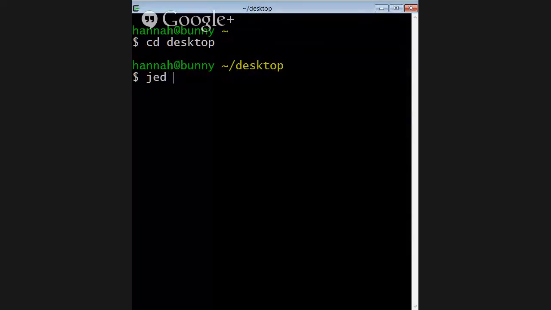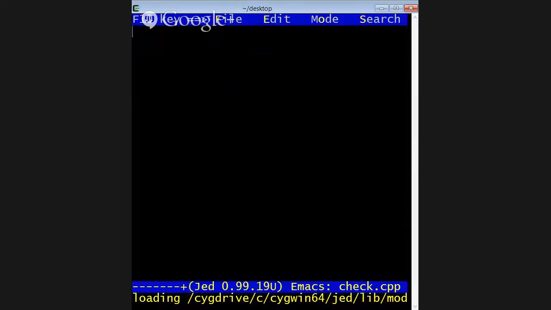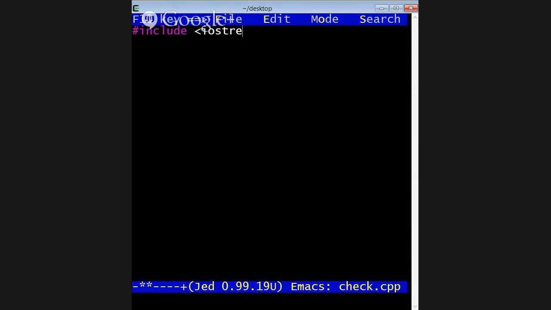Let's name this file check.cpp. We do our usual: include iostream, using namespace standard. And then the other thing we want to do: